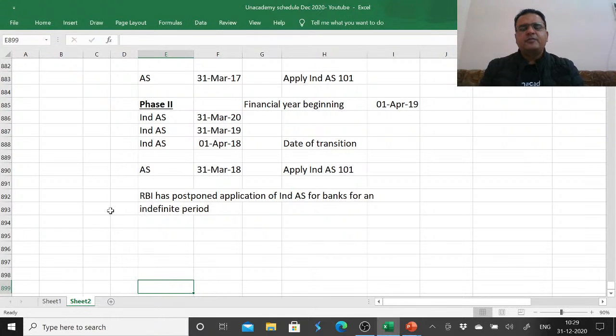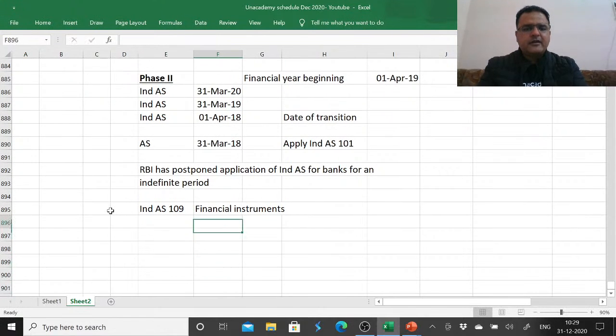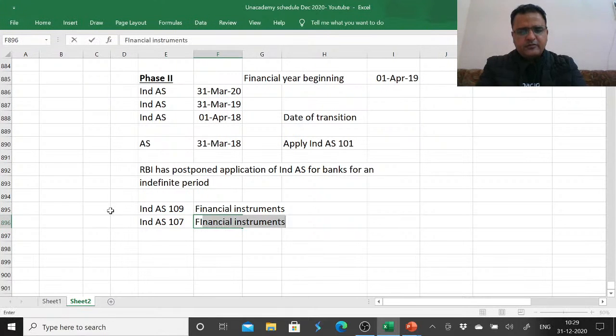So if anyone is willing to be part of Ind AS implementation in these sectors, that is the banking and insurance sector, they still have a huge opportunity, a door opening for them for learning or brushing up your skills mainly on IFRS 9 or Ind AS. So the standards which you should be very well versed with are Ind AS 109 Financial Instruments, Ind AS 107 for Financial Instruments Disclosures,